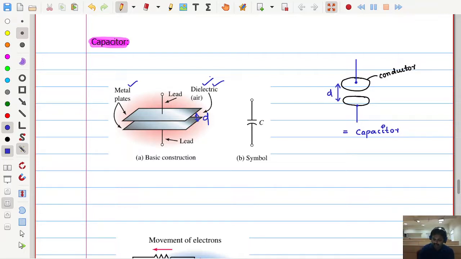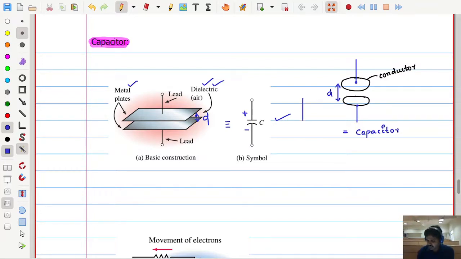So like that a capacitor is formed, and for its circuit symbol, every time it is not possible to draw this entire sketch. Instead of that, we simply represent two parallel lines. One parallel line may be curved in nature. That curve represents polarized. Polarized means polarity is already defined. Whichever is a straight line represents positive, whichever is a curved line represents negative.